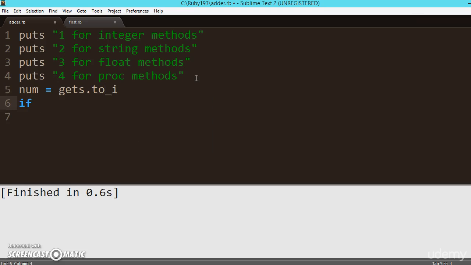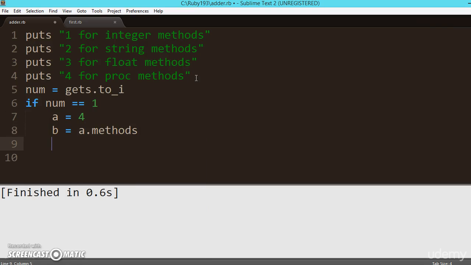Now if condition, if number is equal to 1, so a is equal to 5, give any integer, doesn't matter, and b is equal to a.methods, and puts b. Enter. Else if number is equal to 2,